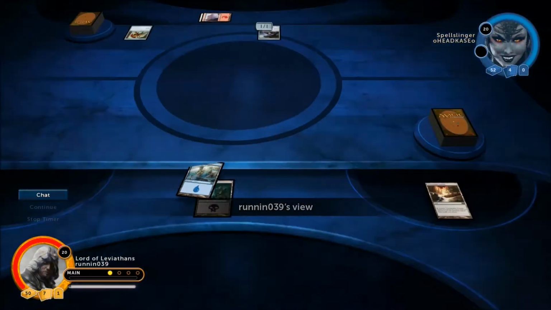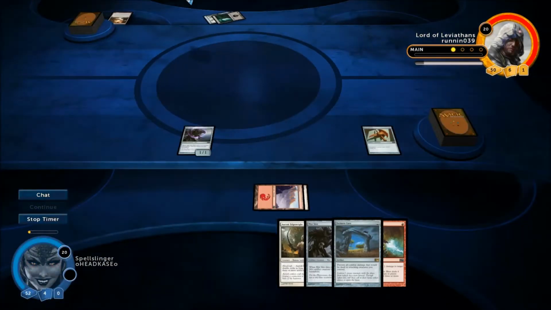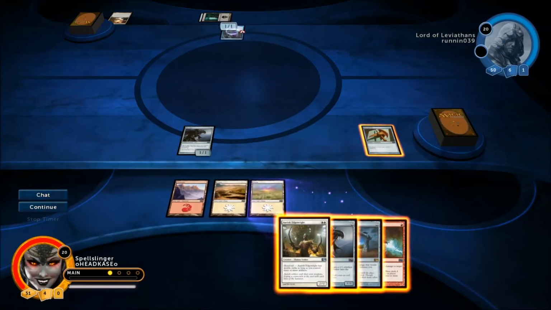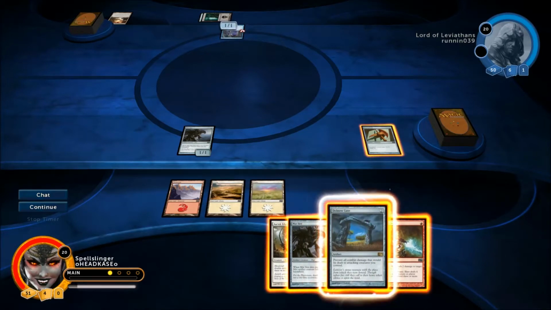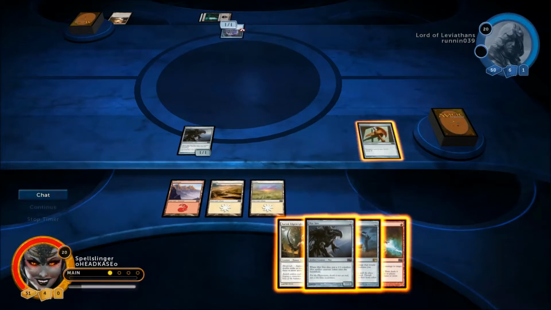What are we playing against? I don't know why, if this is Mask of the Dimir, this deck has been so popular lately. It is. Jeez, why are you so popular? Okay, so if I draw the land, I go Dolmen Gate. Or I could just Auriok...